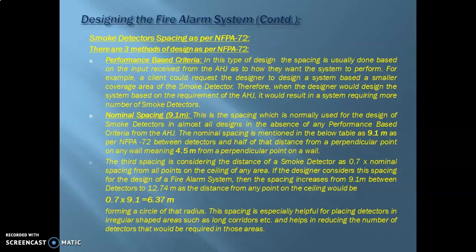For example, a client could request a designer to design a system based on a smaller coverage area of the smoke detector. Therefore, when the designer designs the system based on the requirement of the AHJ, it would result in a system requiring more smoke detectors. Let's say the spacing or coverage is a lot less than 9.1 meters, around 6.3 meters.